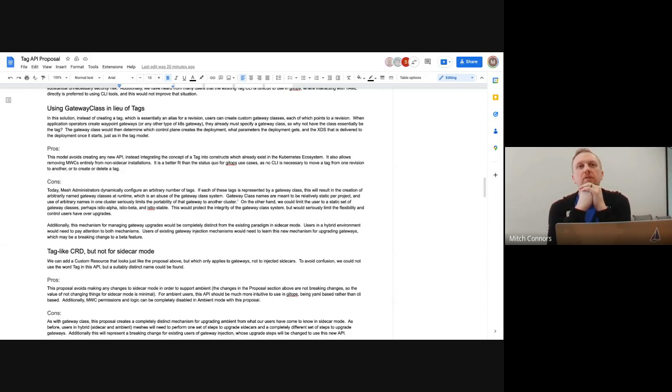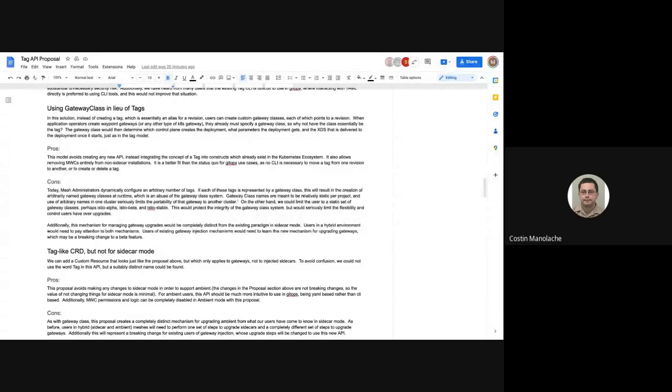I'm curious what sort of feedback we'll get on an API that doesn't exist. I'm not clear on that. Put a config map or an install option or something similar. So users still have the option today, right? They run the istioctl command. So that option always exists, right? Because that's the option for the sidecar for them to indicate tags or revisions. So that would continue to work. Is that what you're proposing, Costin?